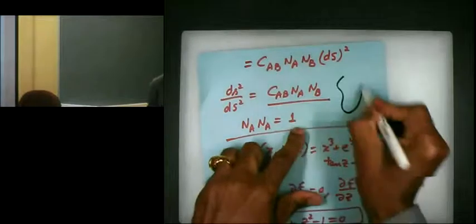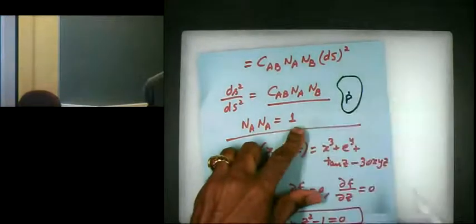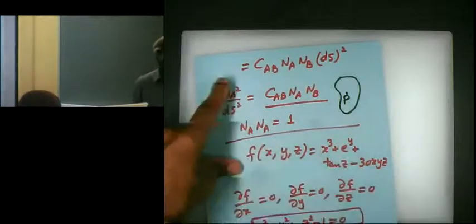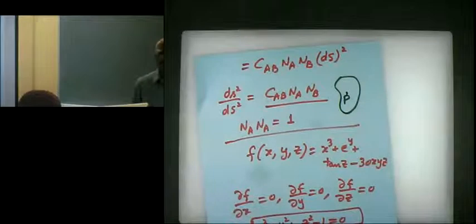This point P in the undeformed state. We have deformed the body, like you have applied loads to it, and the shape of the body has changed. We want to find the direction n, which is a unit vector, so that this quantity, the stretch ds over capital S, is maximum or minimum.